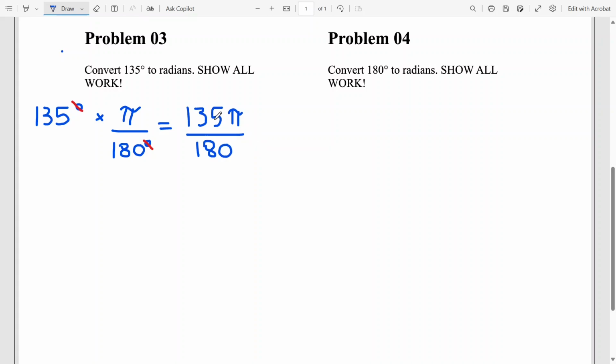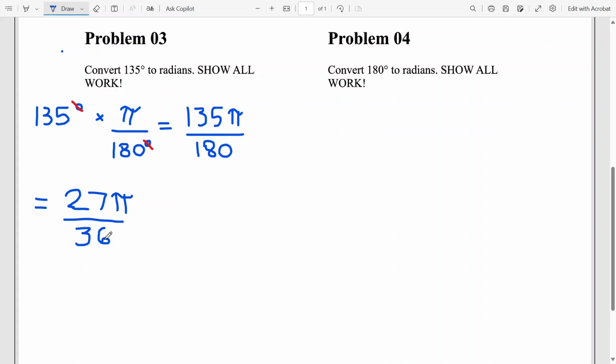Now, both 135 and 180 are divisible by 45. That's our greatest common factor, but let's say we didn't know that. We could divide 135 by 5 because, look, we see this ends in a 5, this ends in a 0, and then we get 27 pi over 36, and then we could look at that and say, well, this is divisible by 3, and this is